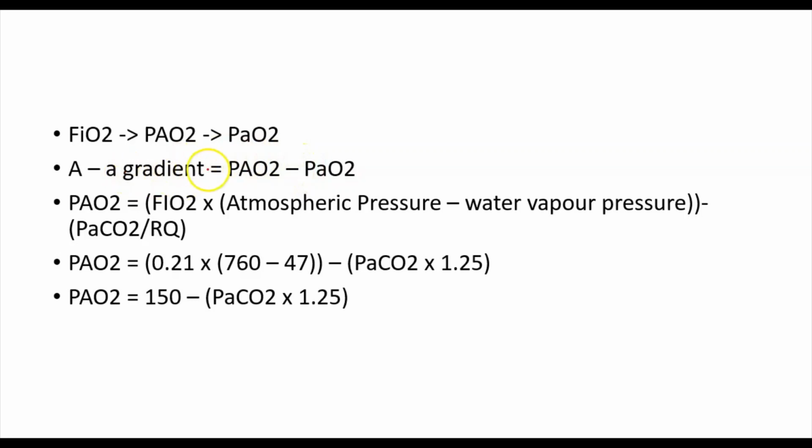And so your AA gradient in normal circumstances is very low, usually less than 10, but in a perfect system, as we've calculated, pretty much 0. So you can see how a blood gas can be important to determine if there is respiratory failure, specifically hypoxic respiratory failure, because we can get a PaCO2 to calculate the alveolar oxygen, and we also get an arterial oxygen level, and so we can then calculate the AA gradient from a single blood gas,